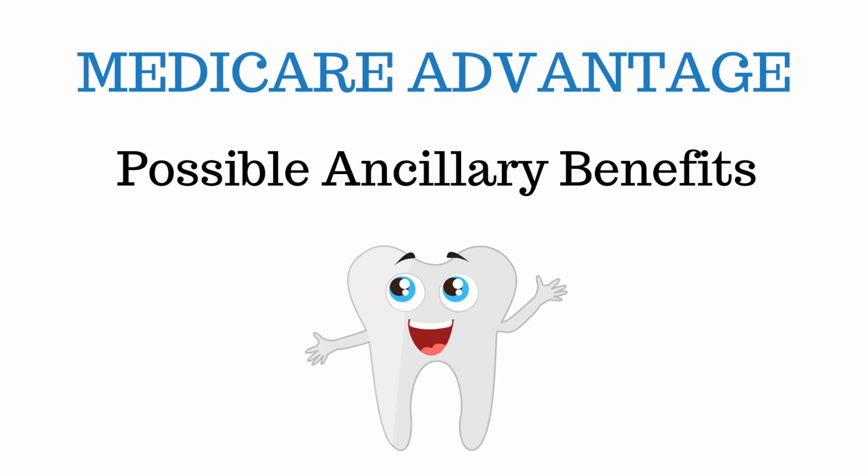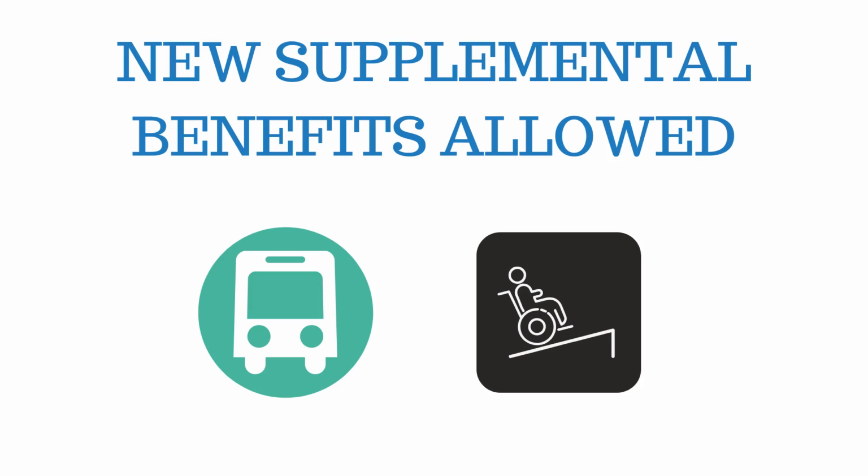Fourth, Medicare Advantage plans are allowed to offer you ancillary benefits. This means they could have some basic dental, vision, or hearing services included. Some plans offer discounted gym memberships as well. Recent legislation will also allow some Advantage plans to include things like home modifications for mobility and transportation to and from doctor appointments. It doesn't mean that all plans will offer these things, but they will at least be allowed